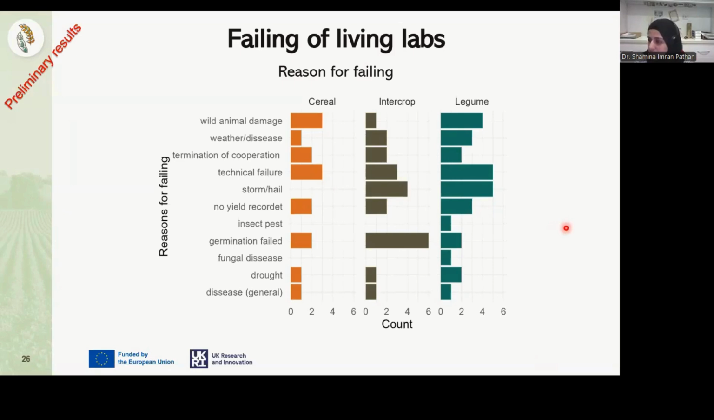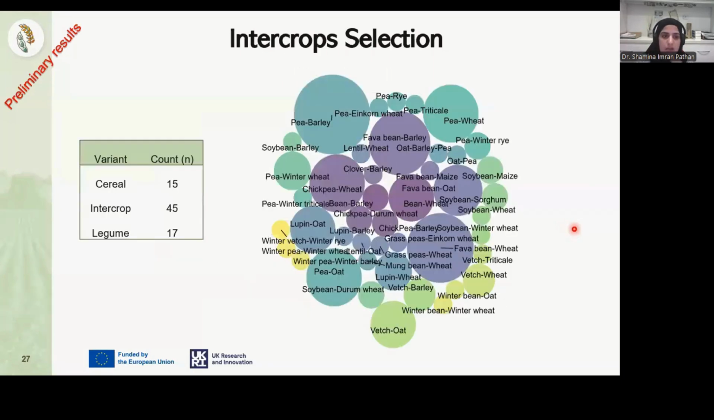In some, there's weather or disease, termination of cooperation, like the farmer doesn't want to do it, and also technical failure. So there are many parameters. We found that these are the reasons for the failing of the living labs. And we found that in all the countries, in 140 trials,